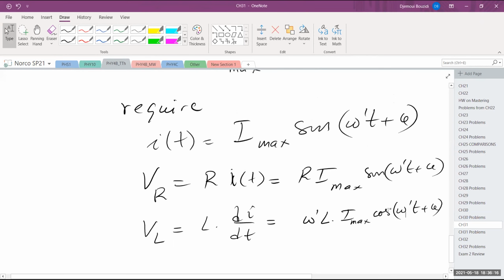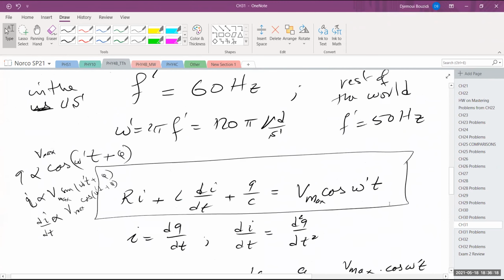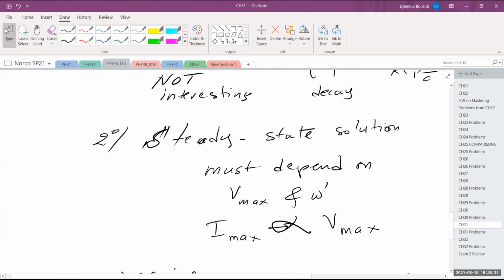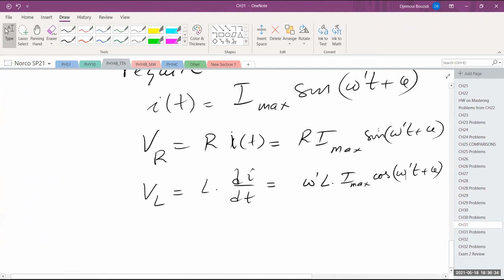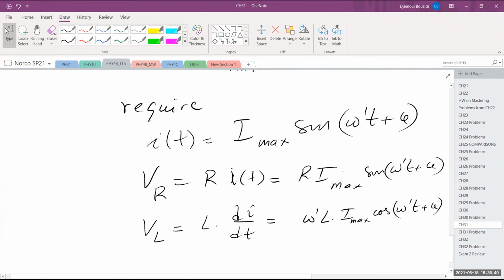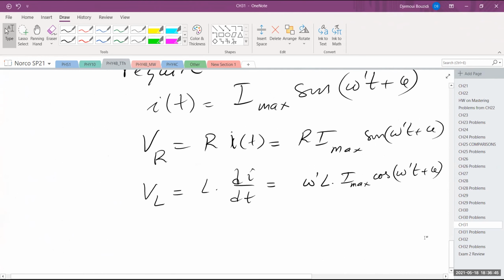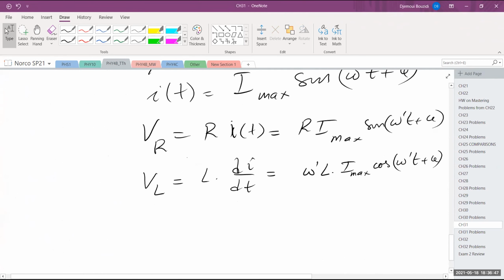So I'm going to go back into my expression here that I made a long time ago about the trig identities and things like that. I ended up with a cosine. I really wanted it to be a sine. So what I'm going to do is add 90 degrees to the argument and write it as a sine. Because I took the current to be a sine, the voltage across the resistor is the same sine as that of the current, because I just multiply by R. In here, because I took the derivative, the sine became a cosine. So I can write,